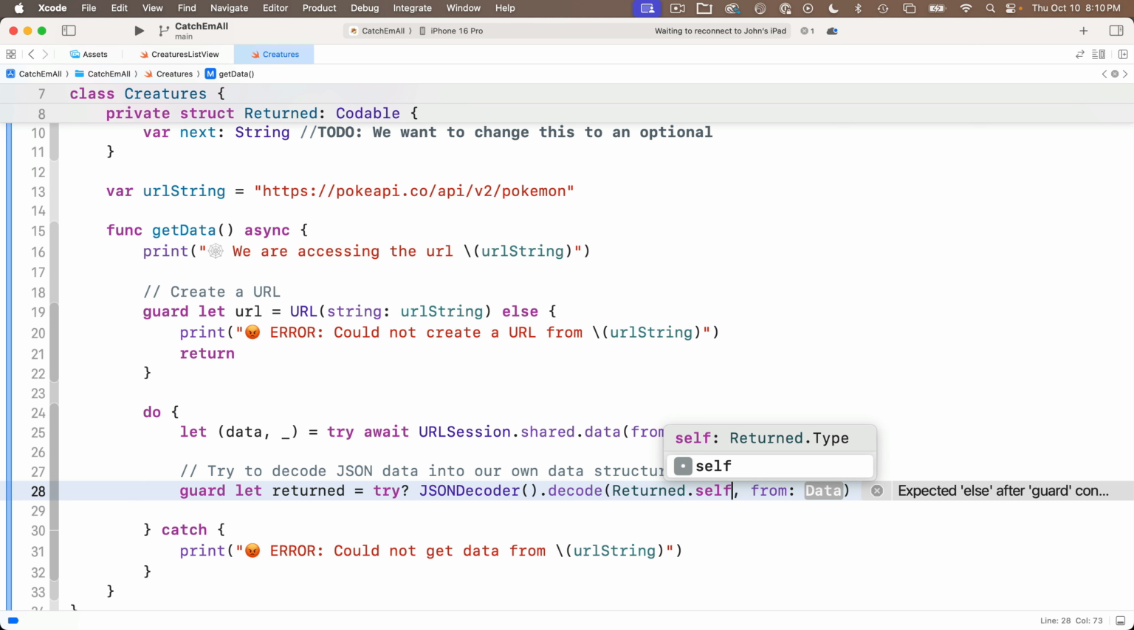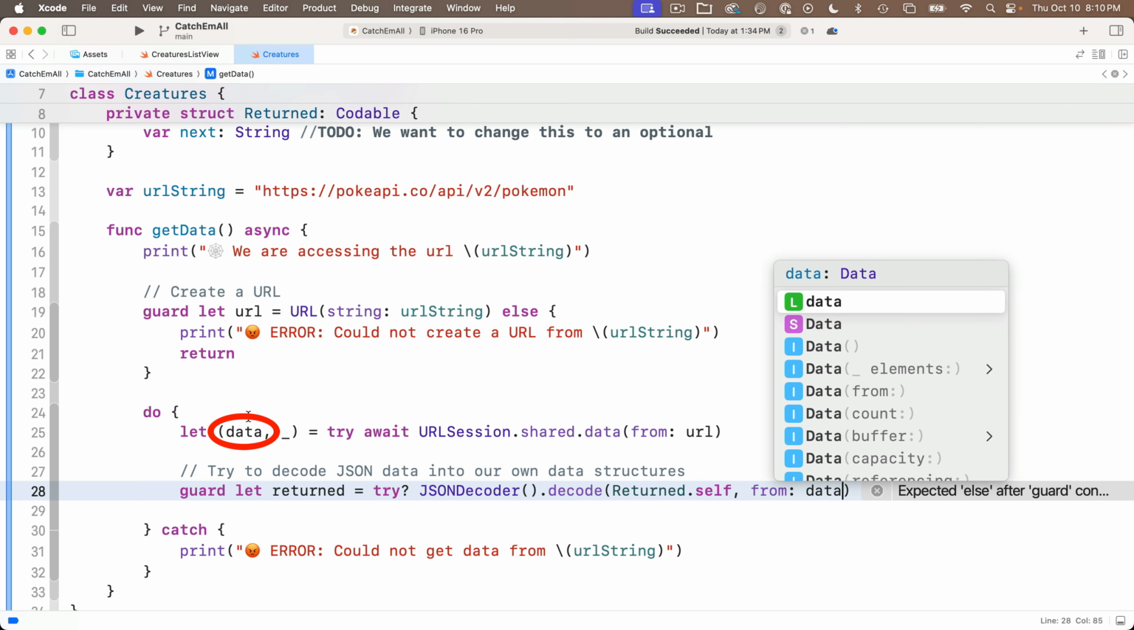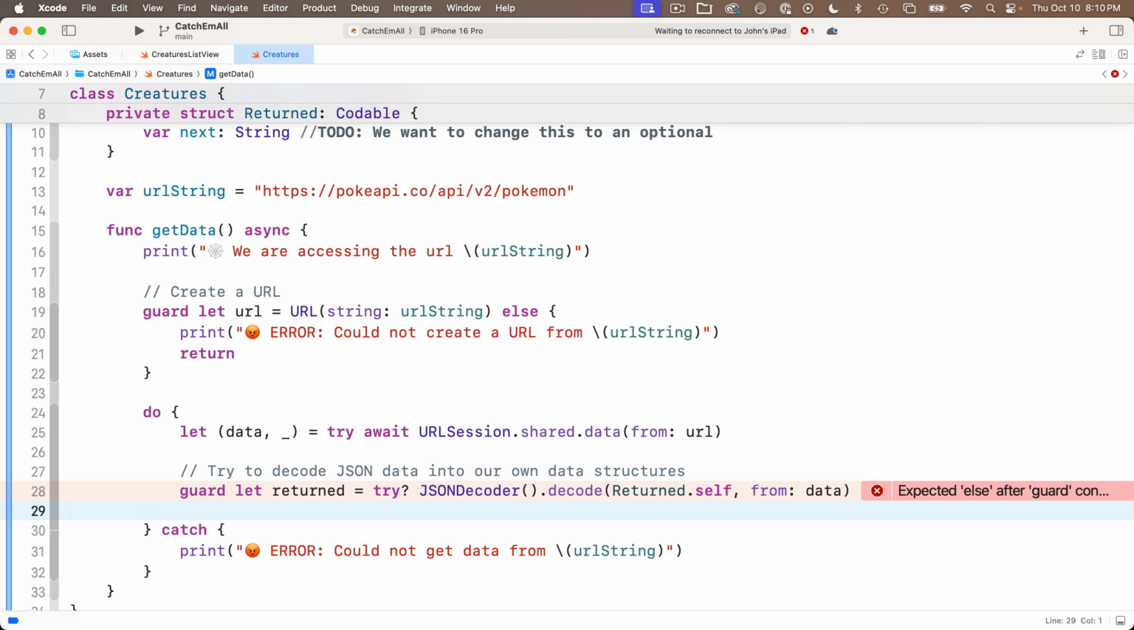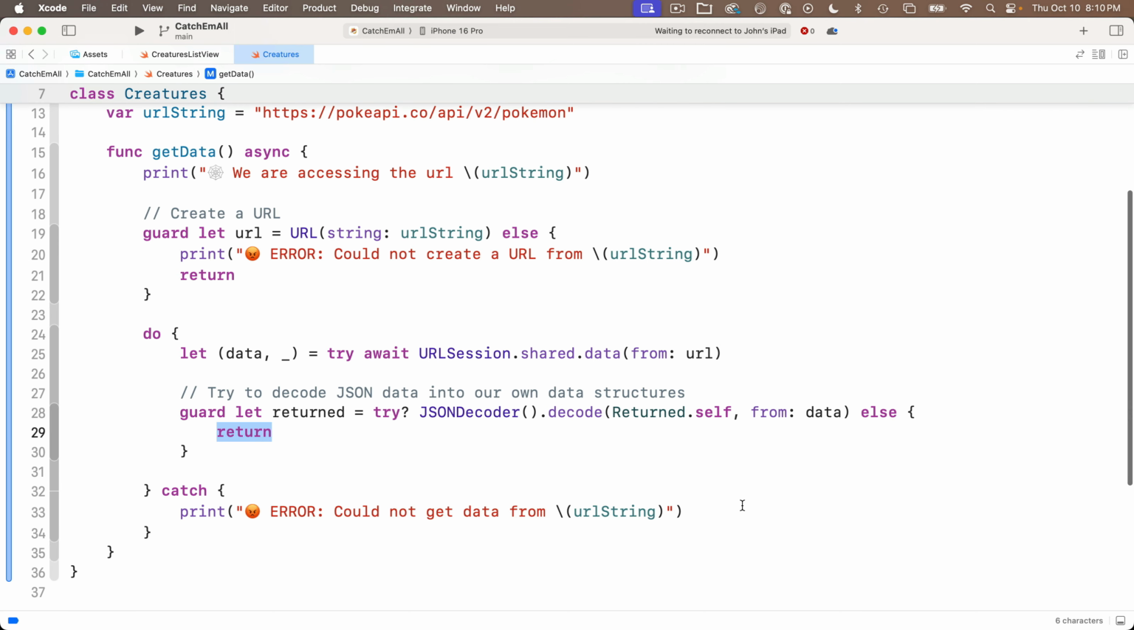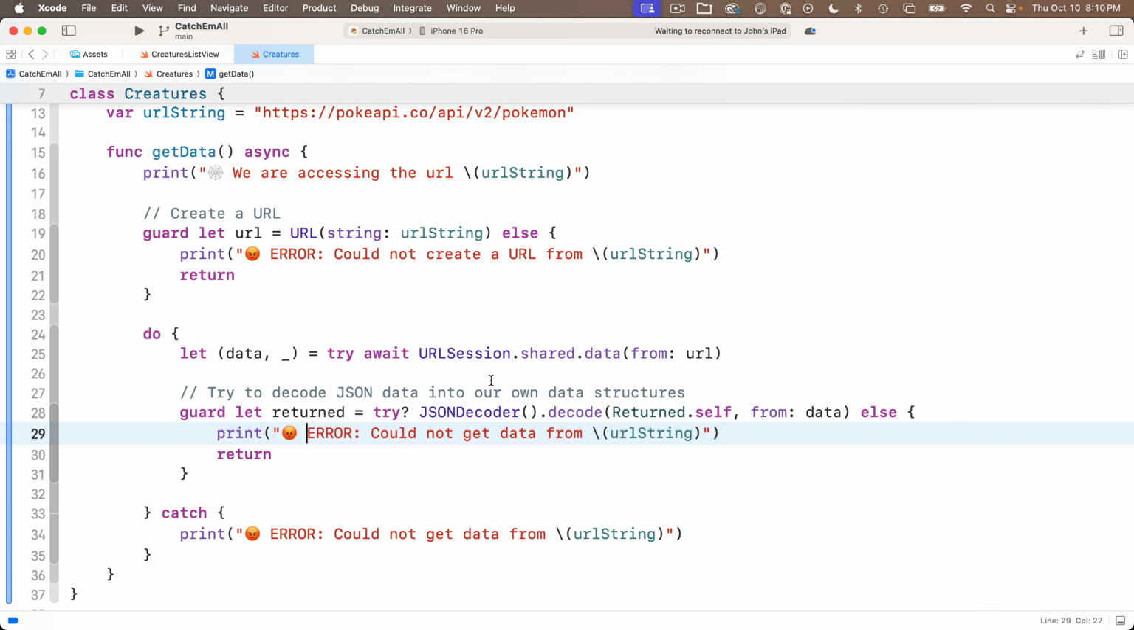And then for the value, we just put in lowercase data, which again is this value that we got from the tuple. And now I've got to end guard with an else, open and close curlies, put return in between, and I'll copy my error statement from down here, and I'm going to paste it above that return statement, and I'm going to change this to read JSON error could not decode returned JSON data,